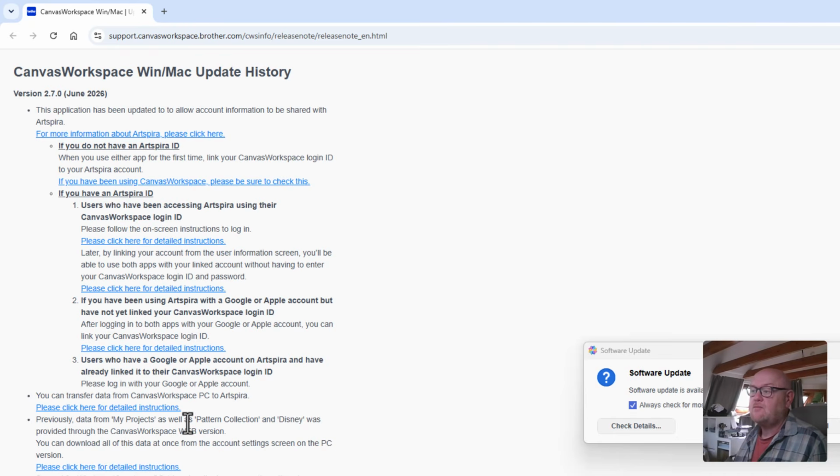Now, it says you can transfer data from Canvas Workspace PC to Artspira, and it gives you a link there to click for details on how to do that. But I'll come back to that in a separate video because the focus that I want to look at is